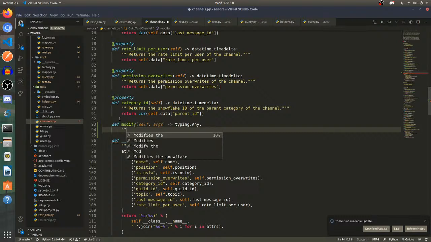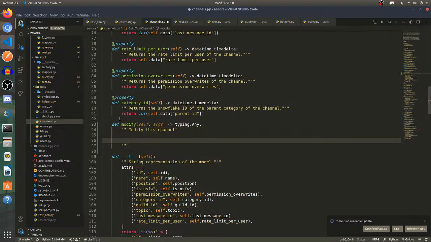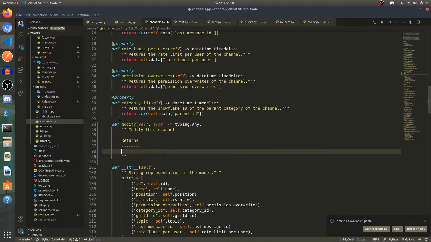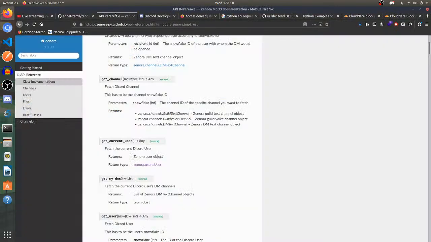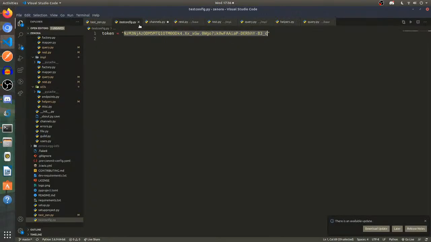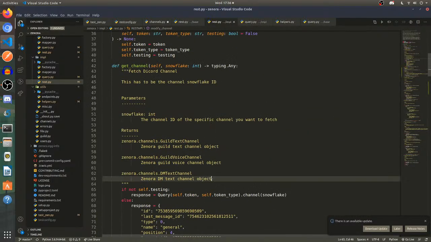Now allows to modify this channel, and this should return it cannot actually return anything. I'm going to check the documentation. Yeah, let's go get channel and let's print it. So we have get channel. Let's actually print this.